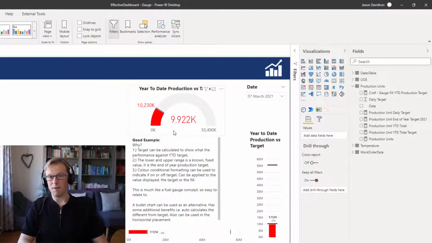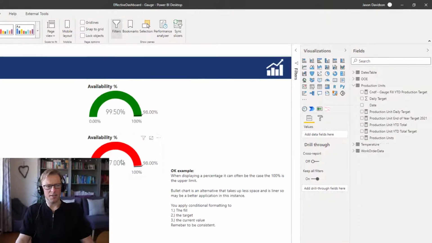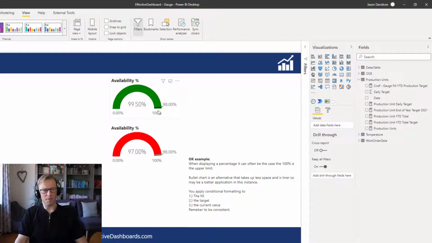So that's one example where it might be a good application. Next, we're going to look at the next one here, which is percentage. If we've got a display of a percentage, and that percentage can't go above 100%, then we've got a defined upper limit. So a gauge, again, could potentially be used. In this example, we're looking at the availability of a piece of equipment. What percentage of the day is it available, or what percentage of the month or the year is it available